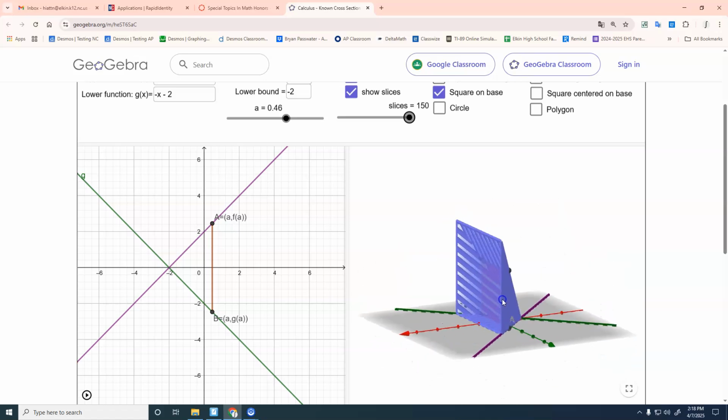I used to do this as a project. I haven't done it in a while because we haven't had as much time after the exam. But I used to have them do different things. Most of them did not use square cross sections because the project gave you more